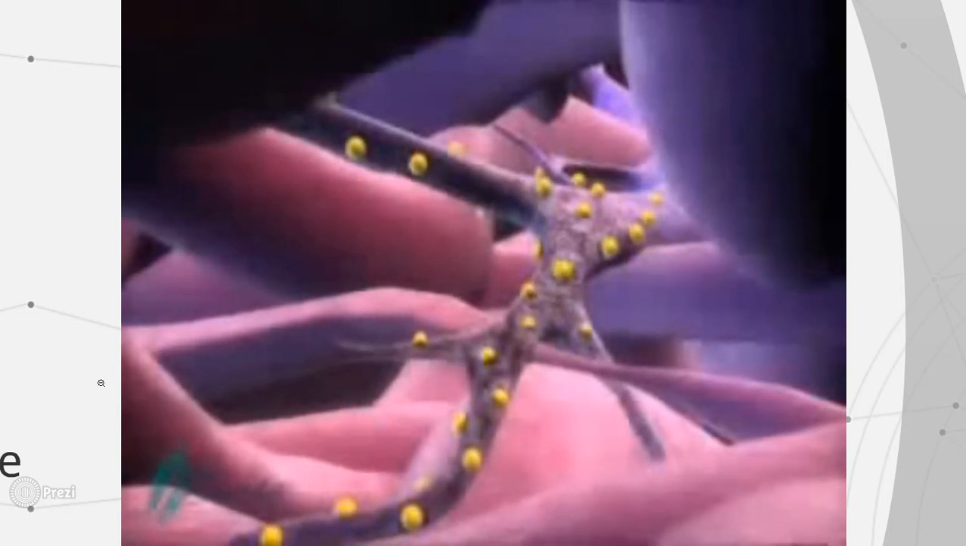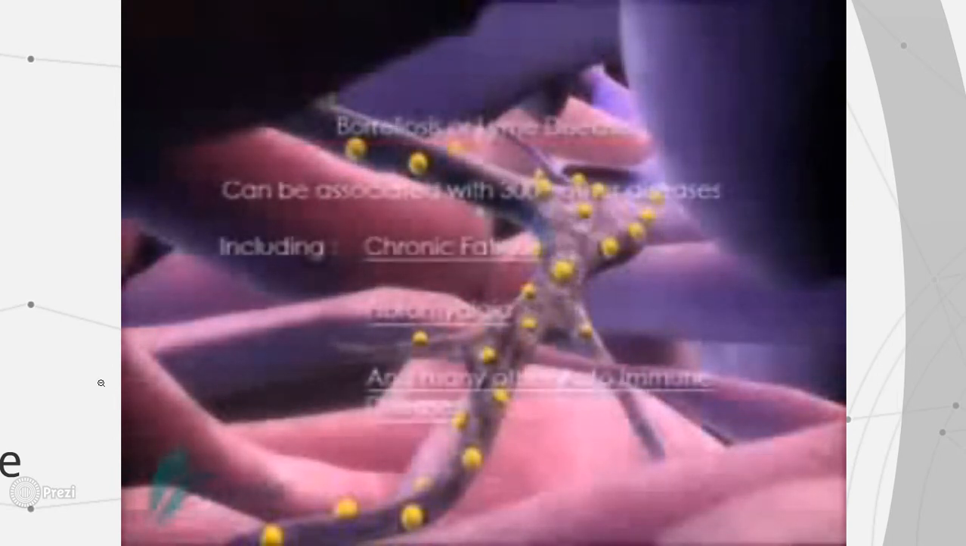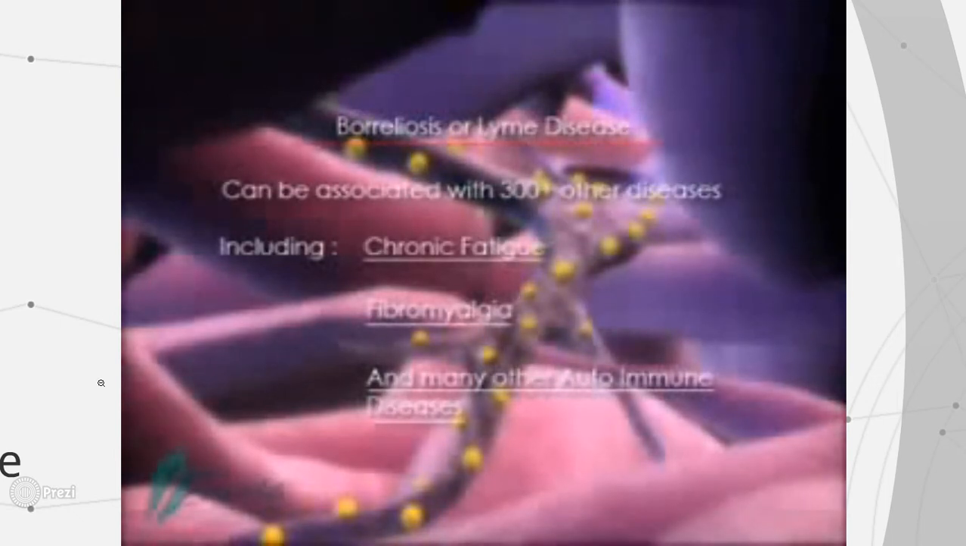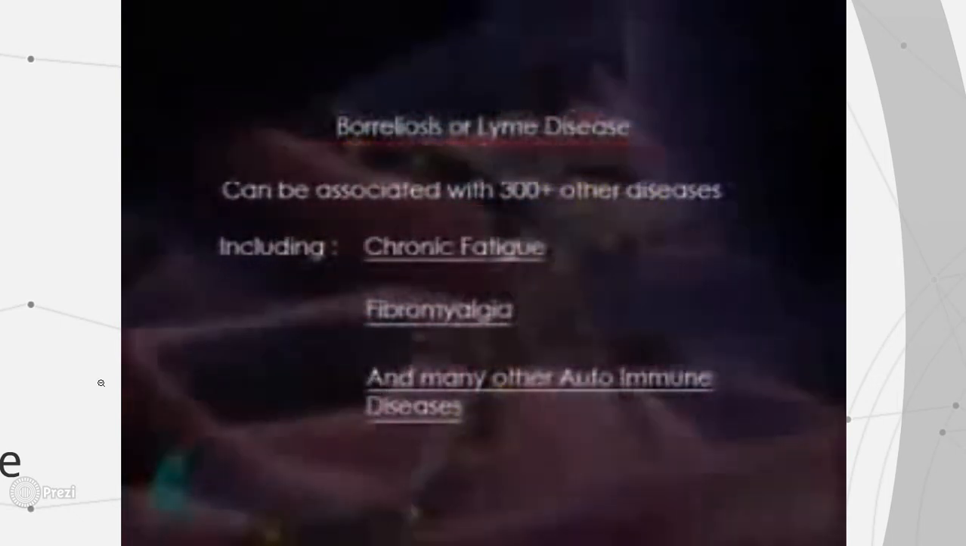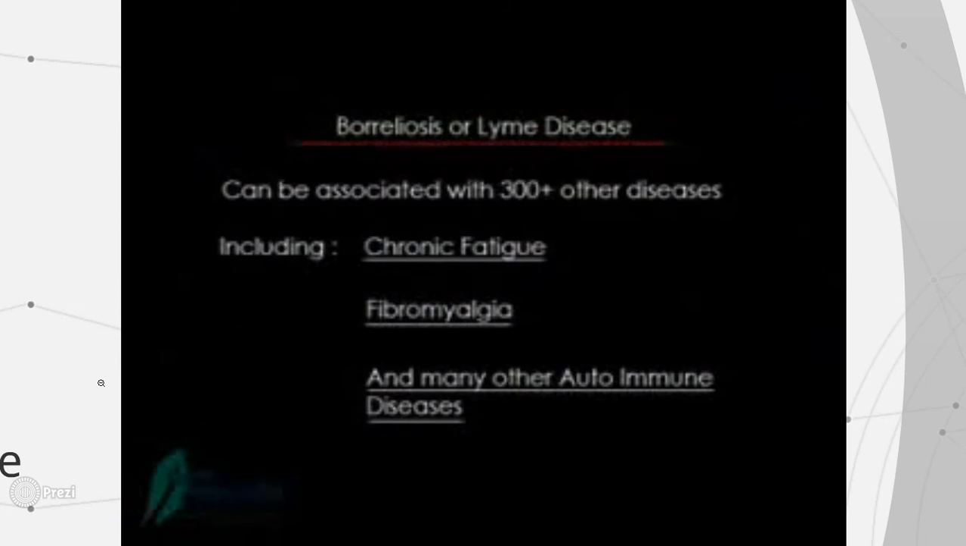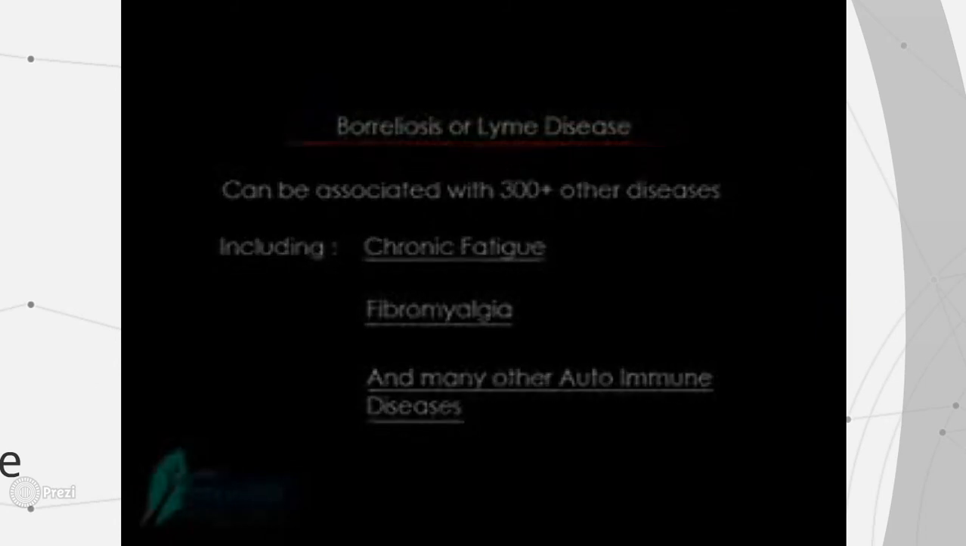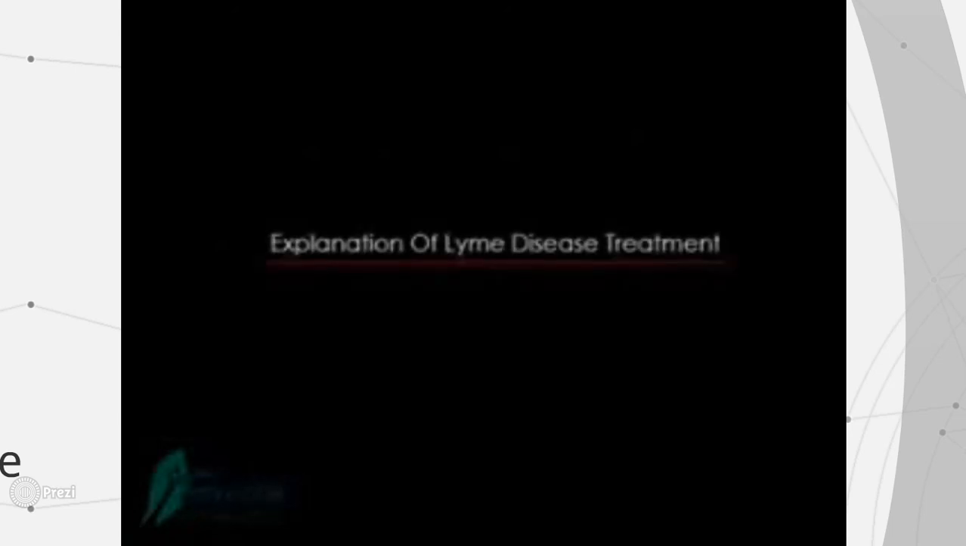The problem remains. The number of cases of Lyme disease reported to the CDC do not represent the total number of cases that exist. Lyme disease, its co-infections, and secondary infections may represent more than 300 different medical conditions, such as chronic fatigue, fibromyalgia, and other autoimmune diseases. The following diagram is designed to help explain the various scenarios of chronic